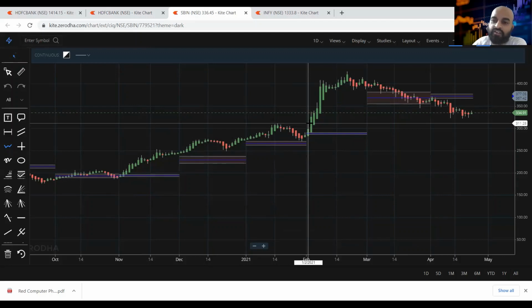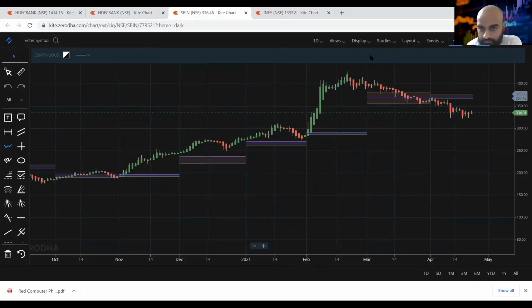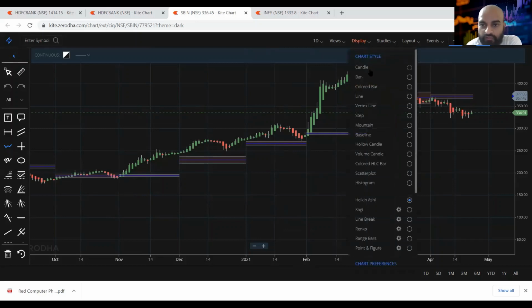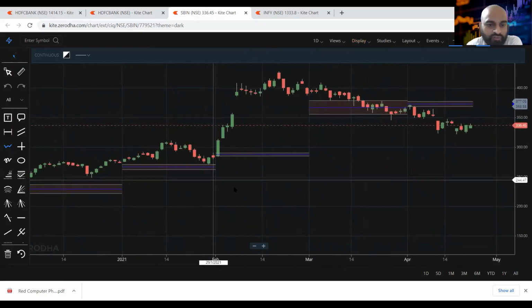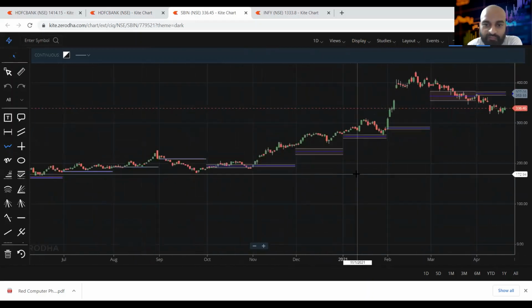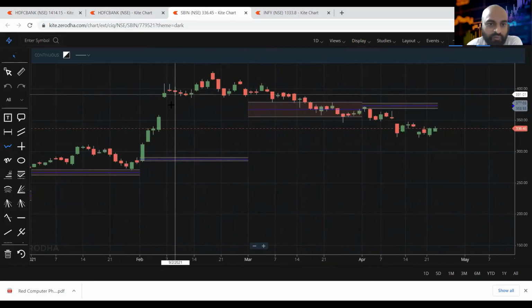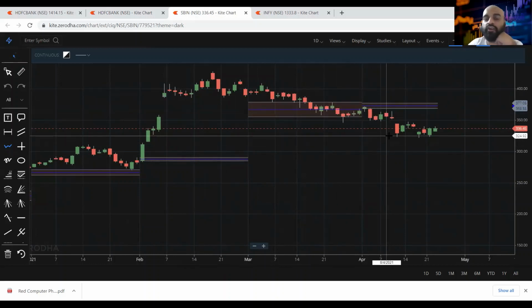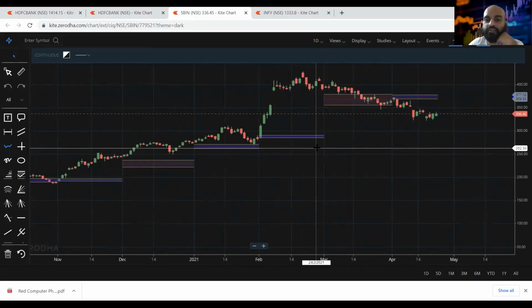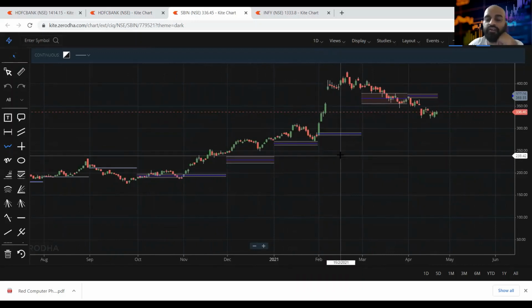In normal candles, there will be a lot of reds coming up in the uptrend as well. If you see a normal candle chart in the same trade, you see a lot of reds, so many red candles in the same uptrend. So that is the major advantage of Heikin Ashi candles, along with the CPR and simple support and resistance.